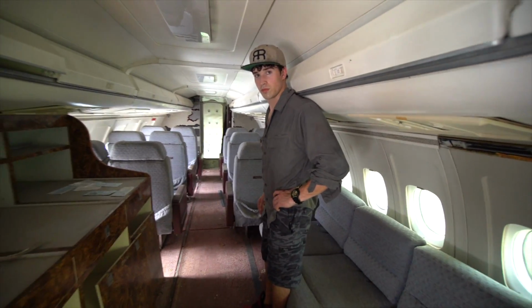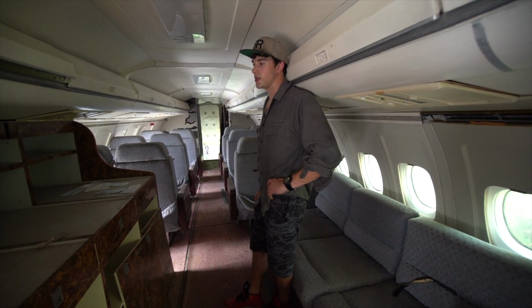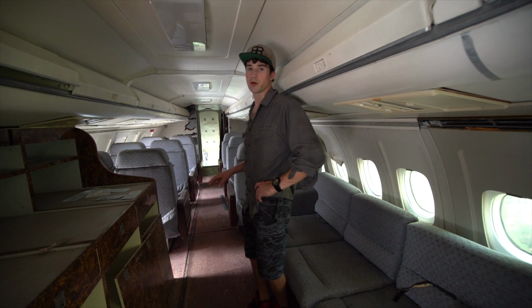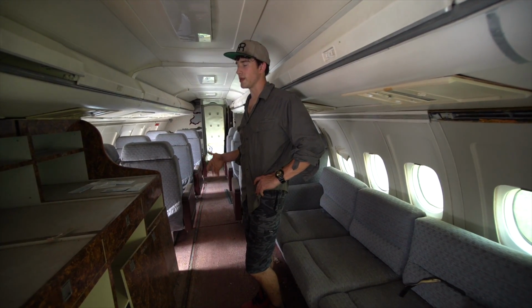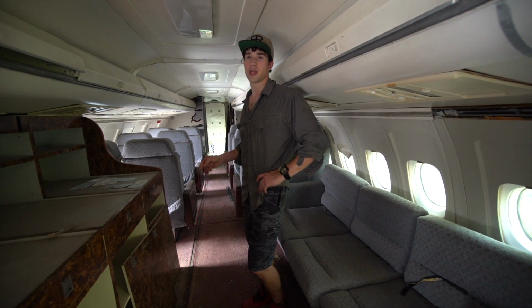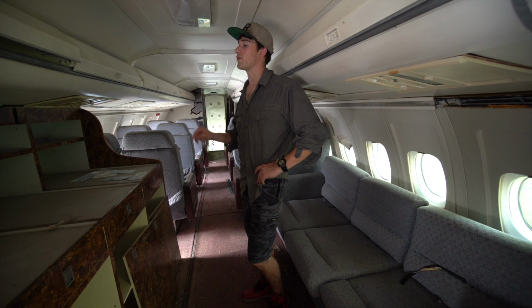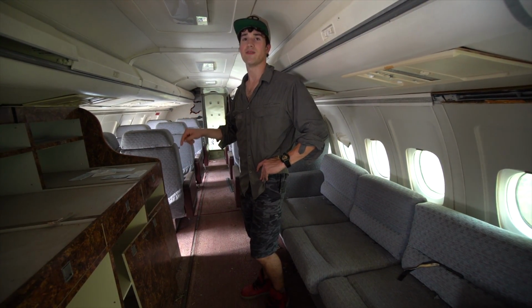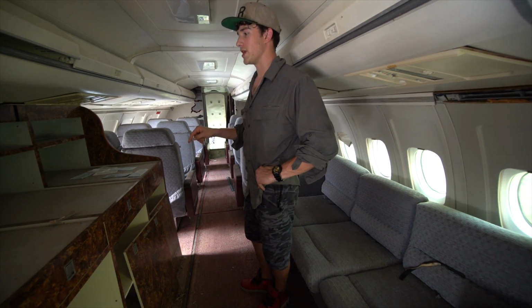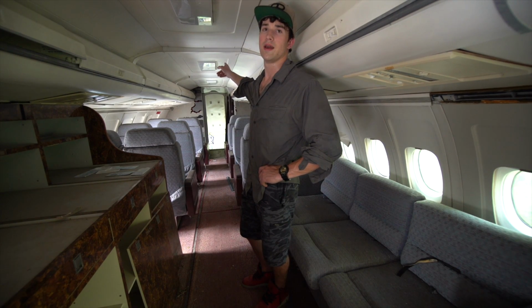So is this a commercial airliner, or is it just like a private type? So what I'm thinking is it definitely used to be a commercial airliner. It was owned by 3 different airlines who kept buying it and selling it. The aircraft first came out in 1964. This aircraft, I believe, was built in 1971, if I'm not mistaken. And it was used by like 3 airlines, and then right now it says Rotec on the